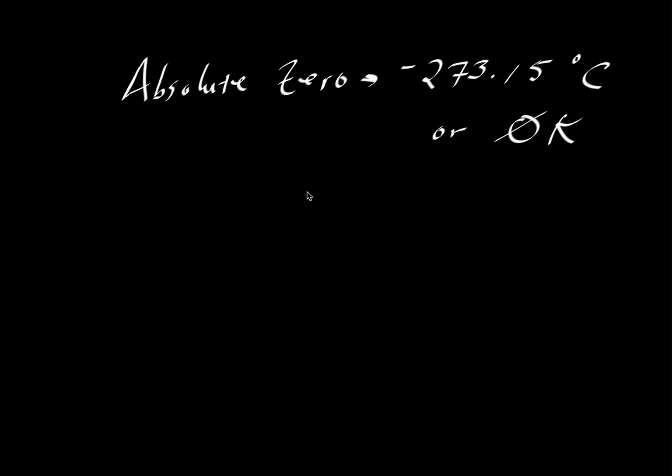So if you've ever wondered how it is that we come up with this value of absolute zero, here it is: 0 kelvins is equal to minus 273.15 degrees centigrade. We're going to try to explain that here. And we're going to use Charles' law, which we spoke about in another video,